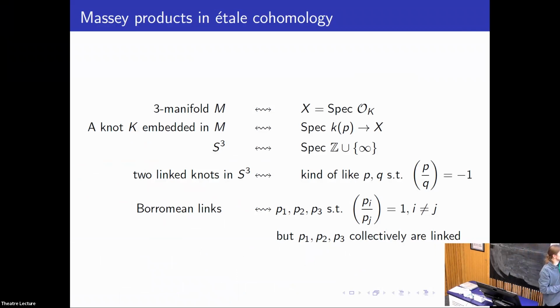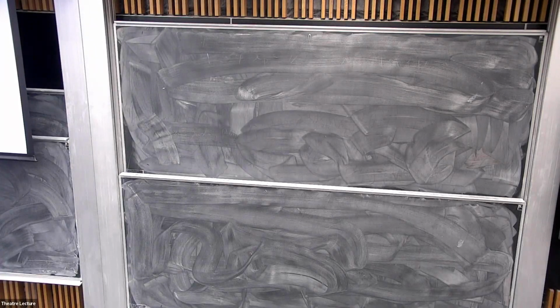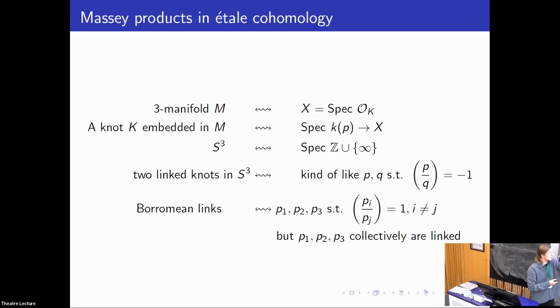But when we have knots, it's very natural to think about links. So we might ask, if we have two knots in S3, are they linked or not? What do they correspond to on this side then? It turns out that I'm lying a tiny bit here, but not that much. If we view two linked knots in S3 on this side, this would be like two primes P and Q, such that P is not a square mod Q. So now we have the linked knots, and unlinked corresponds to P being a square mod Q.